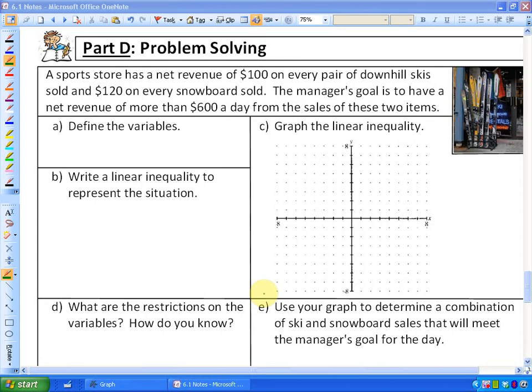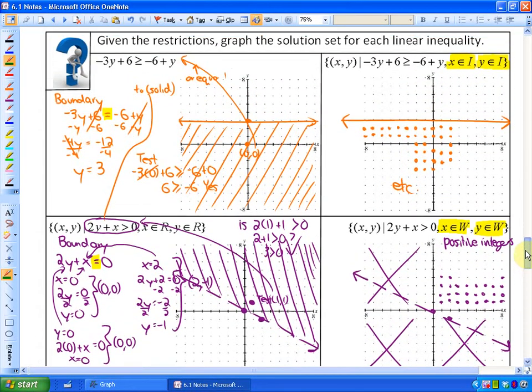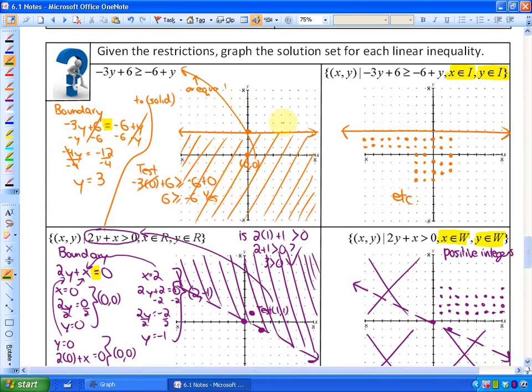Okay, in this lesson we're going to continue to look at linear inequalities, but we're going to apply them, finally, to cases or word problems that may help us understand why we've been doing linear inequalities up to this point. What we've noticed up in this lesson is that linear inequalities are represented on a coordinate plane,